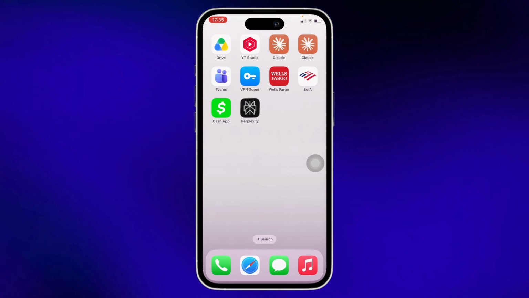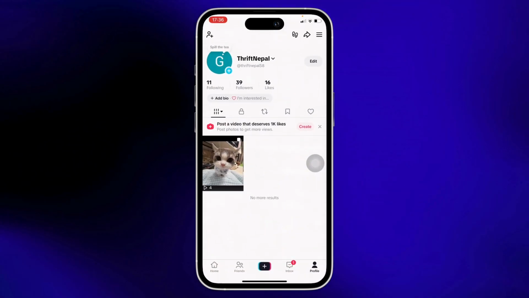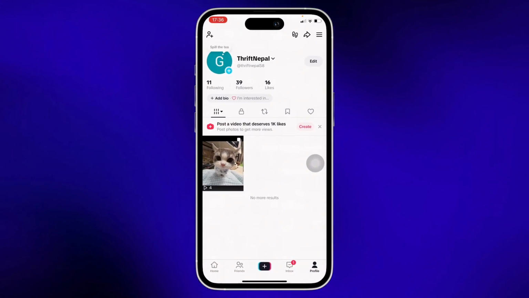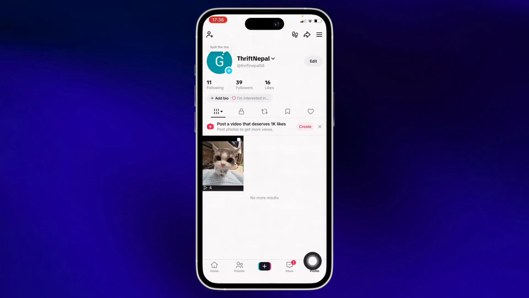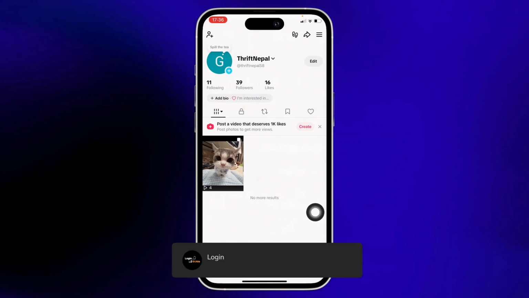Now let's get right into the tutorial. Firstly, go ahead and open the TikTok application on your device and make sure you are signed in. Now, tap on your profile icon or simply tap on the plus icon you see there at the bottom center